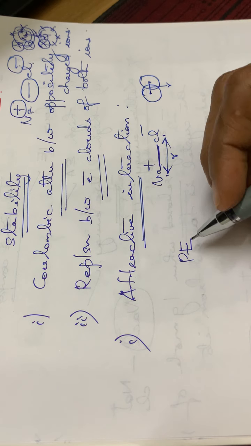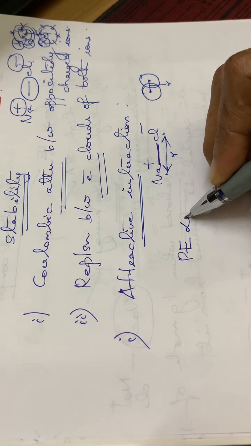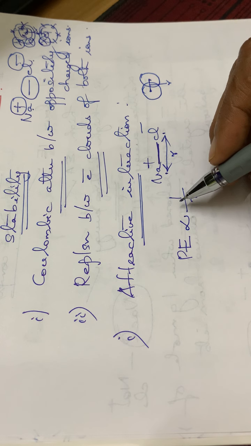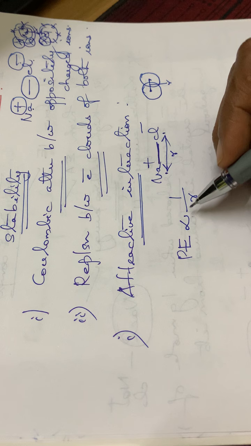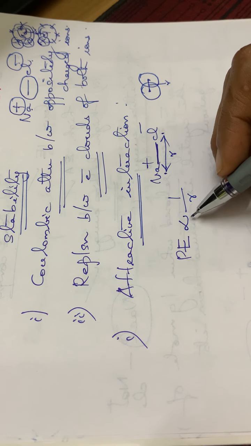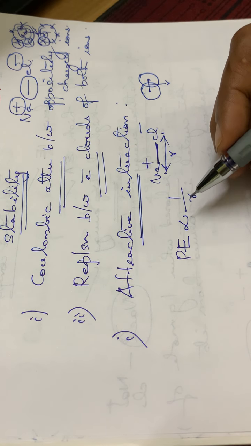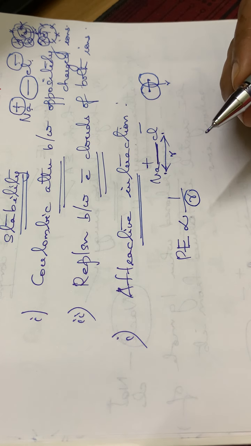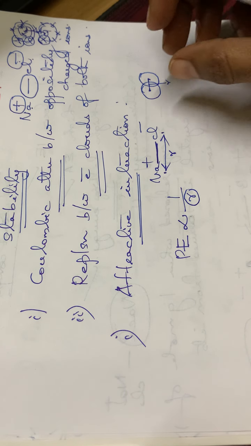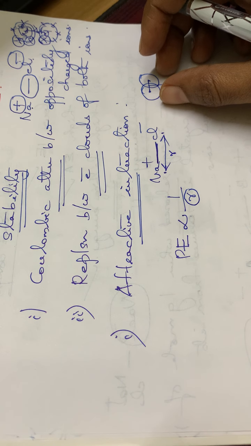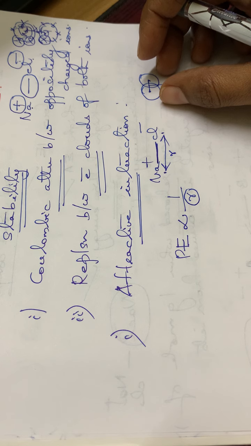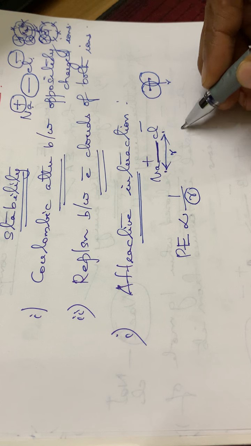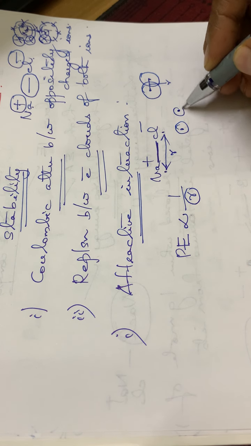So this potential energy varies with the internuclear distance. That means this potential energy is inversely proportional to their internuclear distance. That is, PE is inversely proportional to R. Potential energy is directly proportional to 1 by R. So it is inversely related. That is, if R decreases, what happens? Potential energy increases. That means R decreases when the atoms are at their closest point of approach, isn't it? If we are considering these two ions, they are point charges, just 2 points.